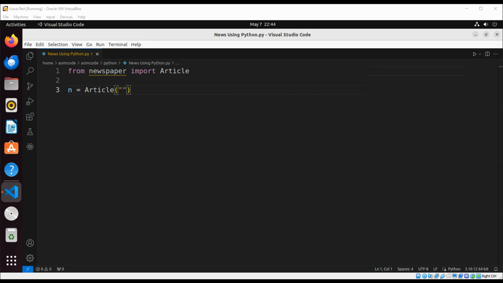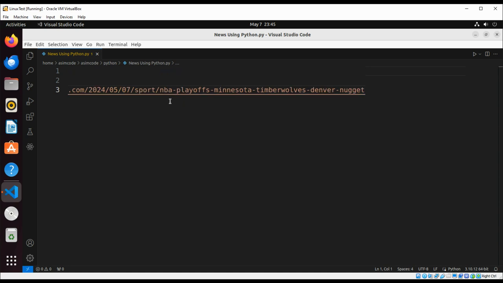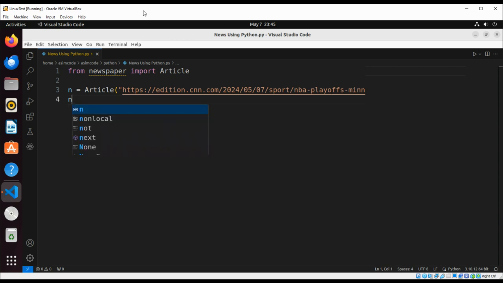So let's grab some news link and paste here. So I'm just gonna use this one. And now we are going to use news.download, and then we are going to parse news, and we are going to print news.title,